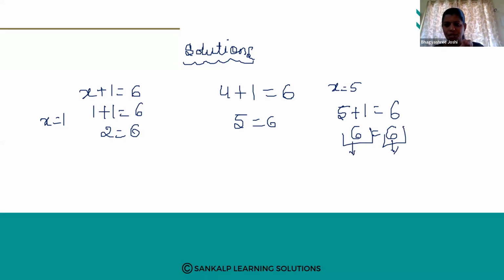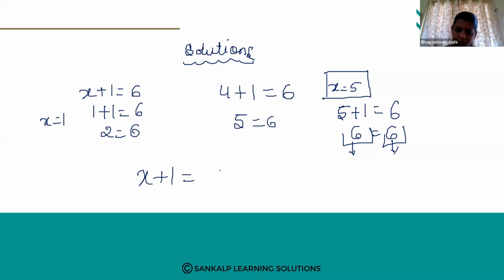So when in the equation LHS part is equal to RHS part, that value of x we call as the solution of this equation, right? So for linear equation, how many solutions does it have? It has only one solution. And for quadratic equations, it has two solutions. Okay, remember. See another example I will take. For example, x plus 1 is equal to 0, right? So tell me, for which value of x our equation will become same, that means LHS is equal to R